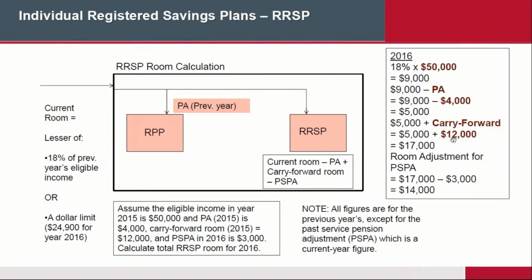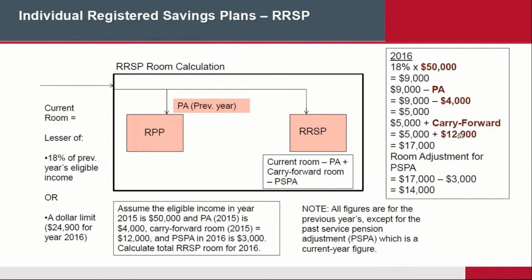Now, what the carry forward is, this is what they call unused RRSP contribution room. So from the day you started working at age 18, let's say, you have been accumulating RRSP room, but you've never used it. So now here we are in 2016, and you now have a chunk of dough, and you would like to catch up with all those payments that you should have made years ago, but you didn't do it because you didn't have the money. And so you can catch up. So carry forward basically is catching up on all past contributions.